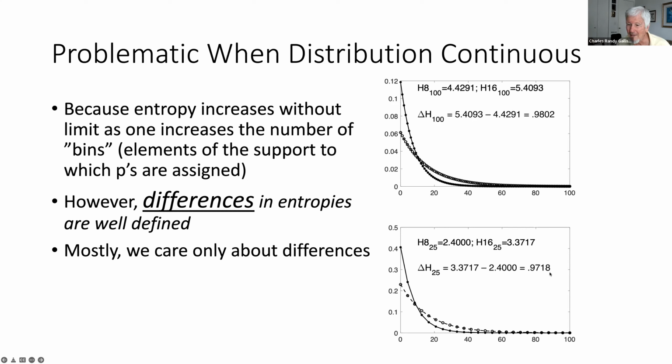I mean, here it's 0.9718, and here we discretize more finely, and it's only very slightly greater. And if you keep this up, you see, yeah, it's really converging. Okay, so the difference, this is hard to get used to, but that's why calculus is sometimes counterintuitive. The difference in entropies is well defined for a continuous distribution. And so for most purposes,